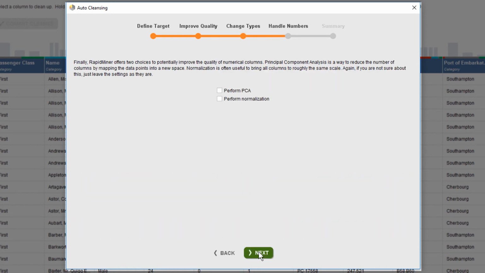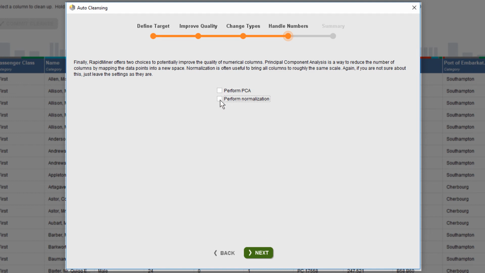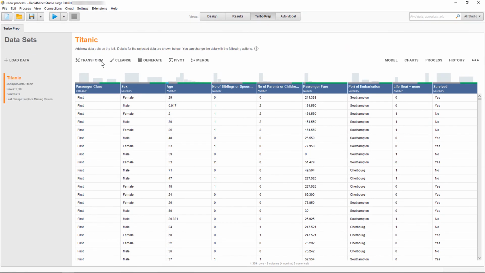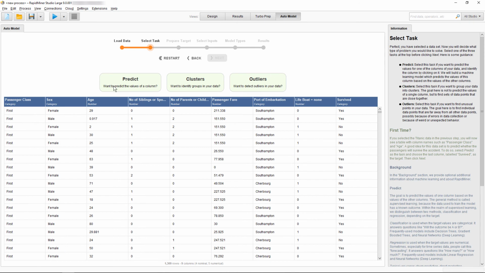Now, this last configuration screen deals with numeric columns and so only appears if you have any in your dataset. You can choose to apply a PCA or normalize, or even do both. I've explained the general principles of each operation before, so I'm just finishing this dialog walkthrough before I commit the cleansing. We have now fewer than 10 columns left and prepared them to be used for further processing or as input for AutoModel. I can jump into it right here, and as I go through the dialog quickly, you can